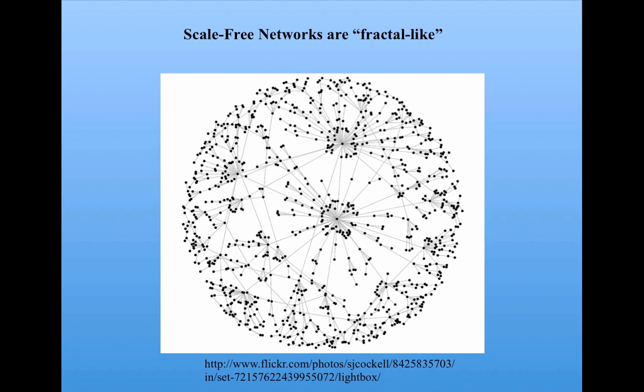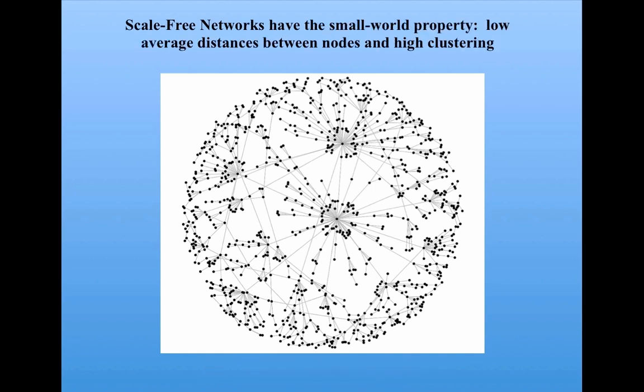And I say power law-like because in the real world, networks aren't really scale-free. Just like in the real world, objects aren't really fractals. They're not mathematical fractals. They're approximations to fractals. And the same thing with network degree distributions. I should point out that scale-free networks indeed have the small world property, that is, low average distances between nodes